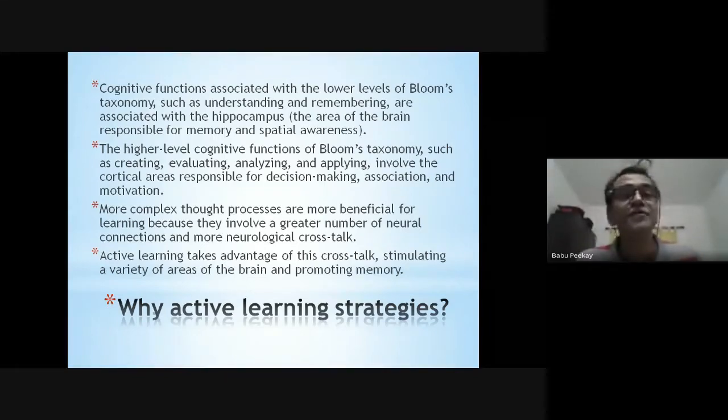Cognitive functions associated with the lower levels of Bloom's taxonomy, I'm sure many of you will know that, such as understanding, remembering. Cognitive functions like understanding and remembering are associated with hippocampus,